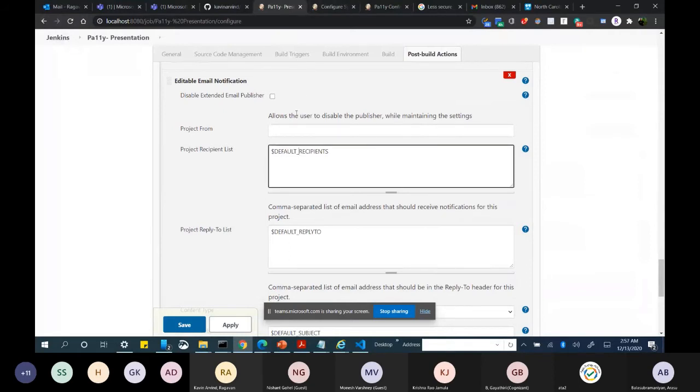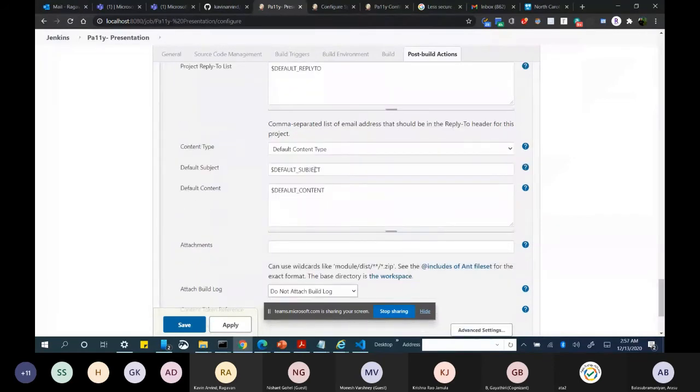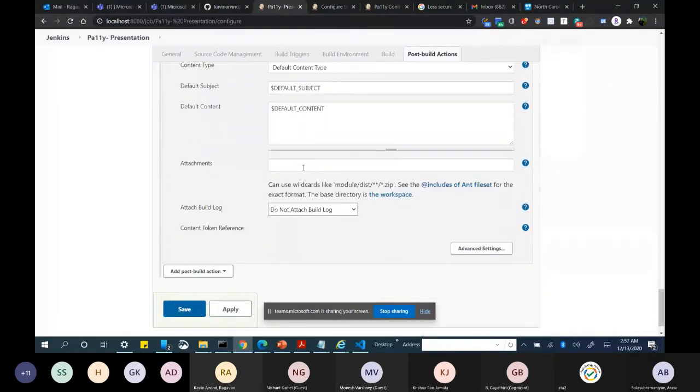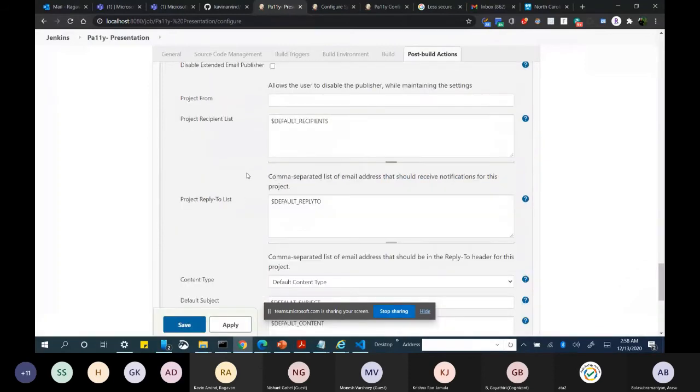So these default recipients should be there in the configuration. We can simply leave this part as it is. And here I'm going to attach my results. Now all my results are in HTML format, so I'm just uploading all the HTML files. Okay, so now we are done with